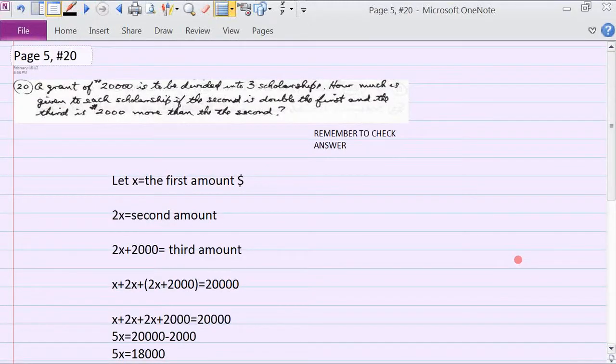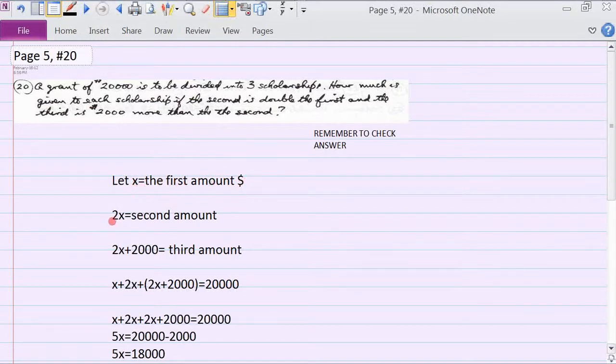Okay, the next problem reads as follows, number 20. A grant of $20,000 is to be divided into 3 scholarships. How much is given to each scholarship if the second is double the first and the third is $2,000 more than the second? So we're going to let X equal the first scholarship amount,